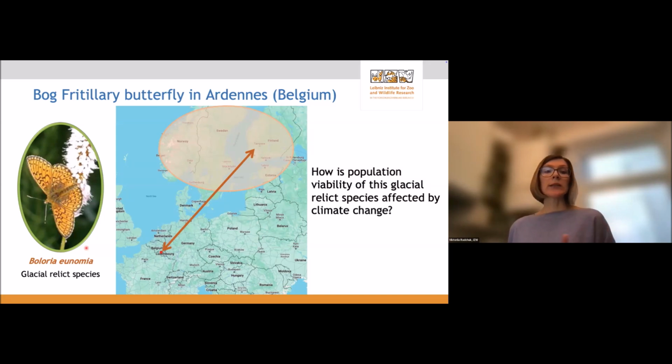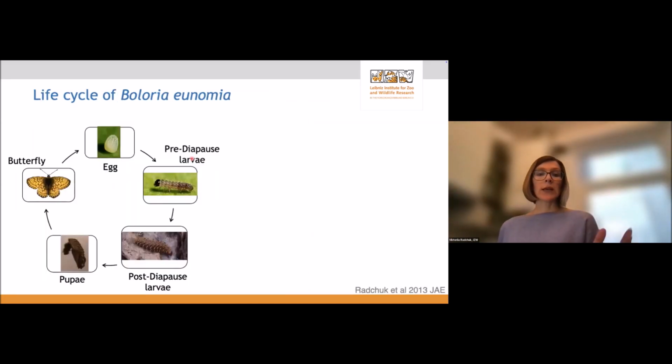Since this species is a glacial relict species, it favors colder and wetter conditions, which are more threatened by climate change. And therefore, it's very important to assess the viability of the population in the face of climate change. So to assess the viability of the population under climate change, we had to assess the vital rates of each